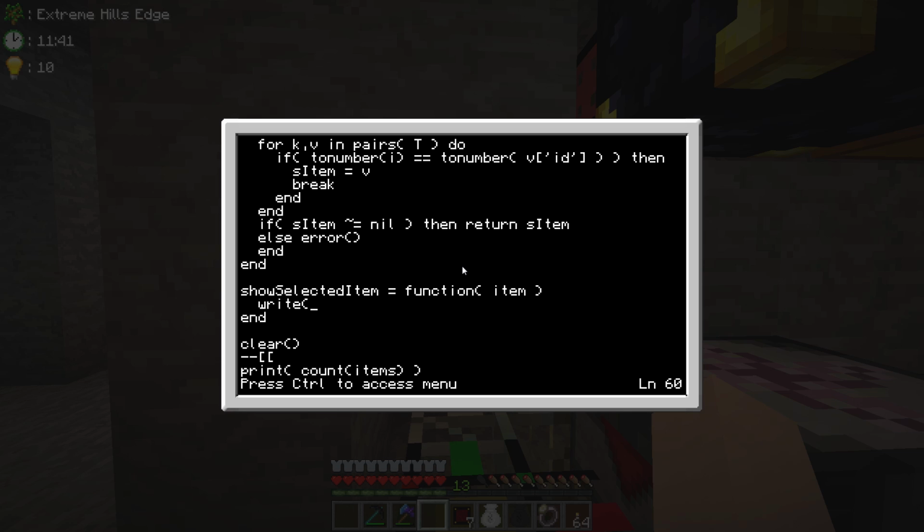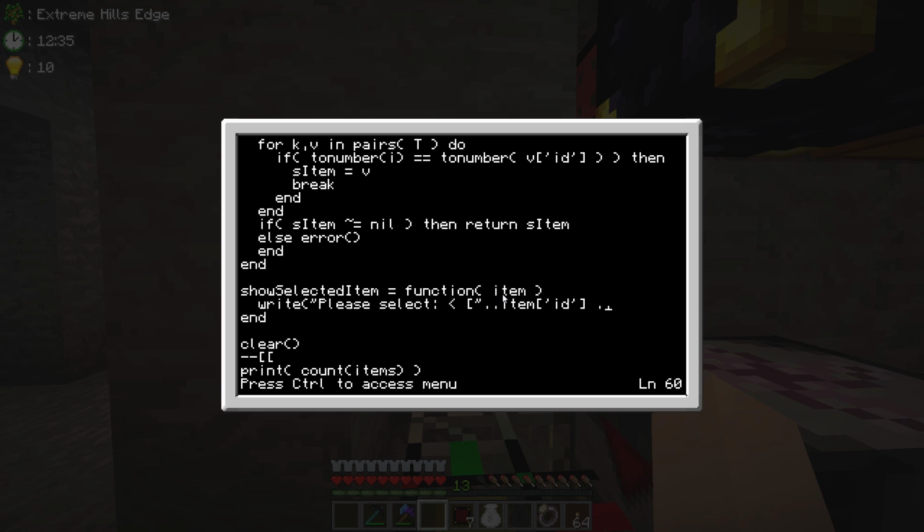So it's gonna write, in this case, please select, and we're gonna concatenate that with a, I think that's, yeah, that's gonna be nice. And we're gonna concatenate that with, yeah, let's add the item ID as well. That might be nice to view, so we know which one we've selected. And we're gonna do it like this with, so the item, wow, strange editor. So concatenate it with the item ID,